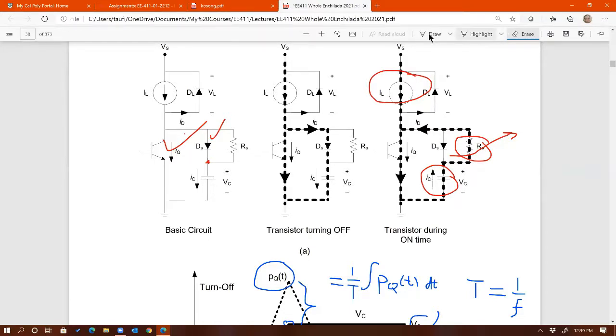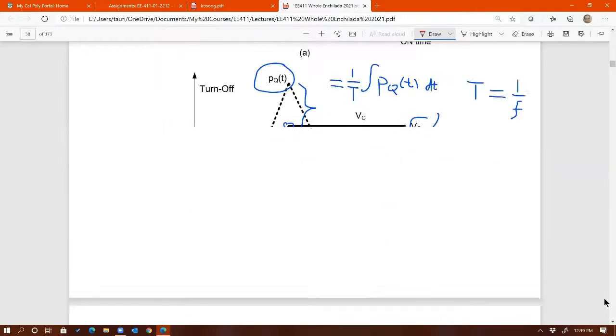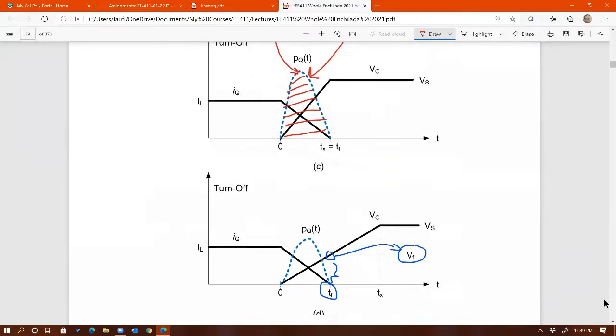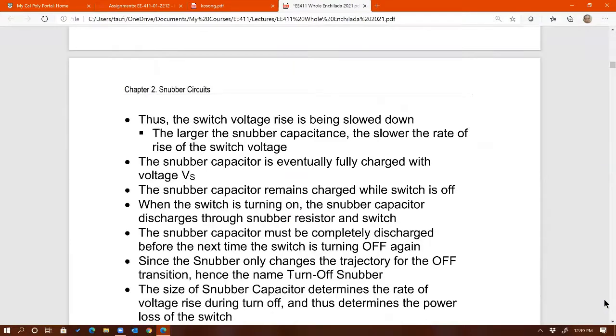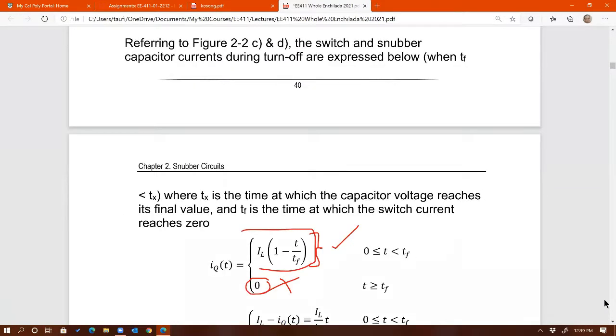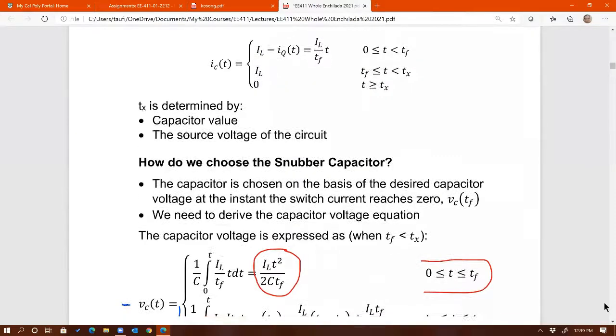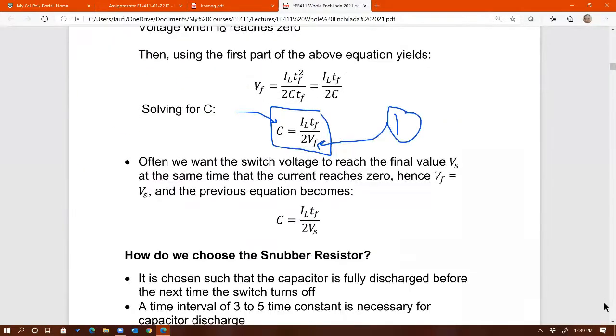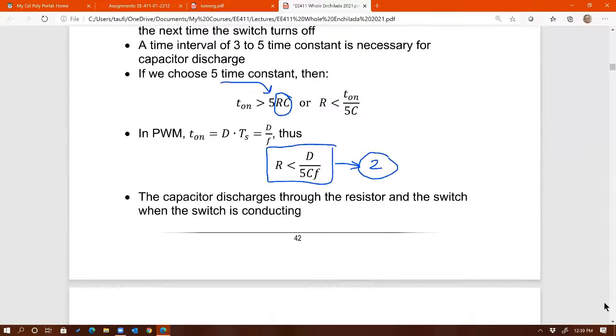So because of that, we need to look closely at this energy equation and how that relates to the resistor. So that's what I'm going to do, right? Because that power loss on that resistor comes from the energy that is being stored in the capacitor. Therefore, the starting point would be finding the equation for energy stored in the capacitor, which I believe everybody in